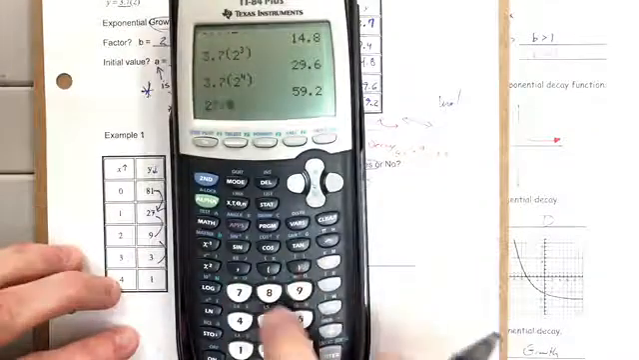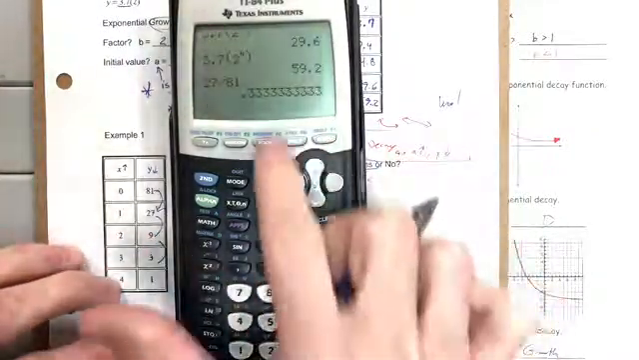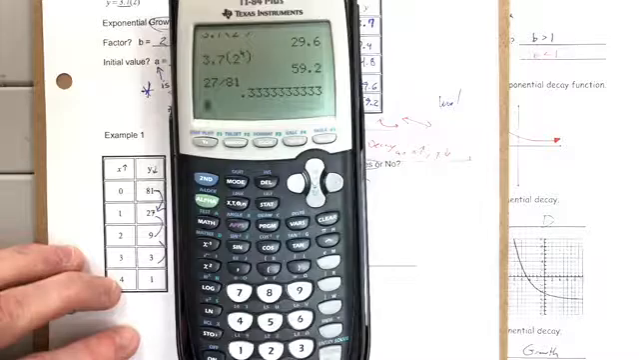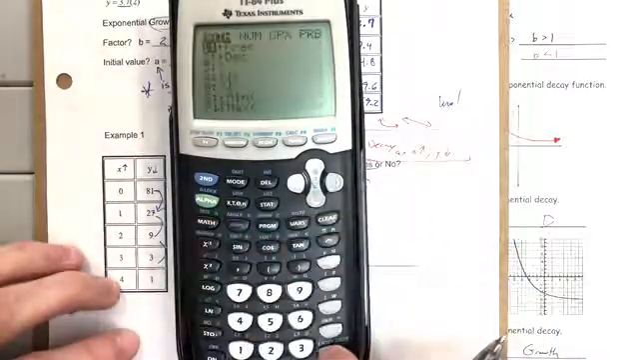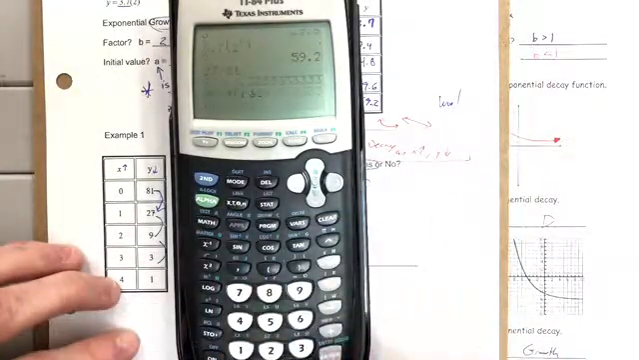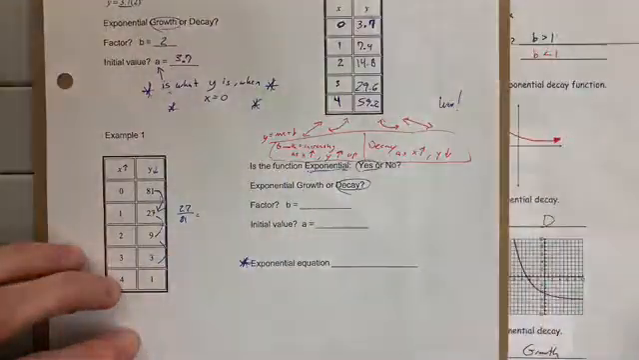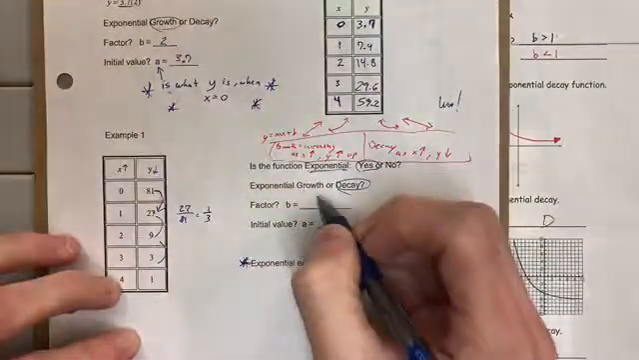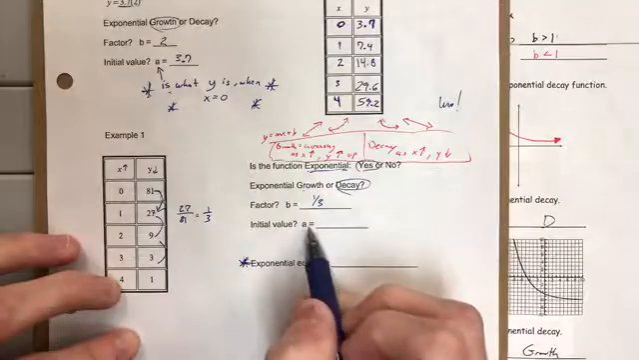And that's going to give us, what is that? 0.33333. So we could convert that to a fraction, hit math, hit enter, 1/3, looks good. Factor is 1/3. Initial value